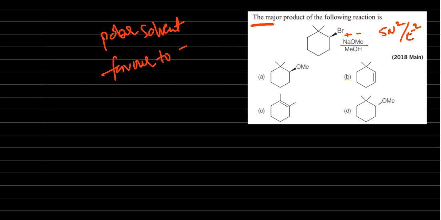E2, right? Here E2 reaction means there is no intermediate, only a transition state. Here there is no hydrogen, the only hydrogen is here, that is the transposition hydrogen. This Br and H will be released, a double bond will be formed, so your answer will be B. Okay, next,